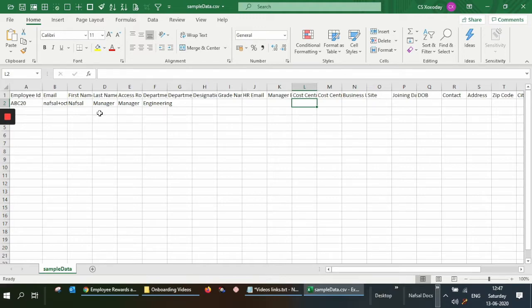You need to enter the department of that particular employee so that we can identify them when we are setting up the awards. Let's say you want to set up awards which is only given to the CXOs of the organization, something like a president's award or something like that. In that case, we need to enter the designations of the employees to identify them when we set up the award details. I'll add one more employee here,